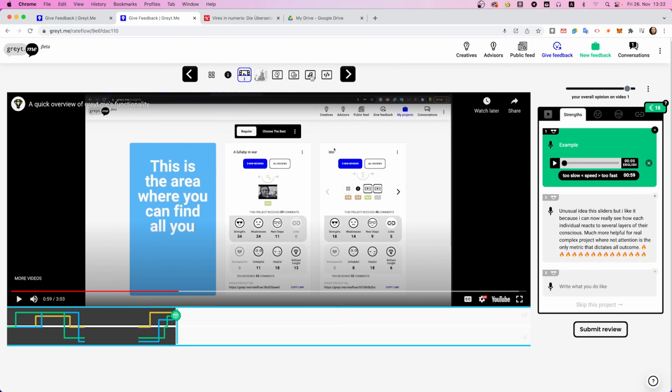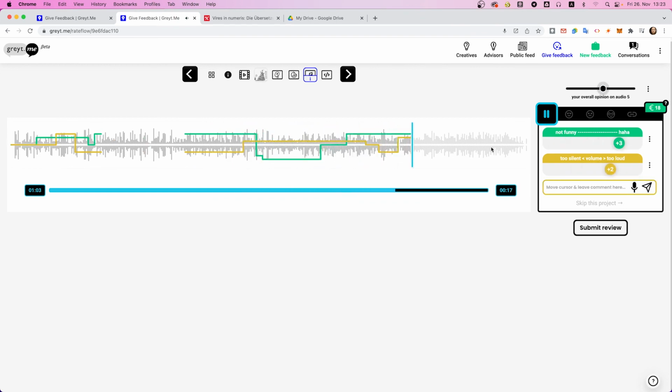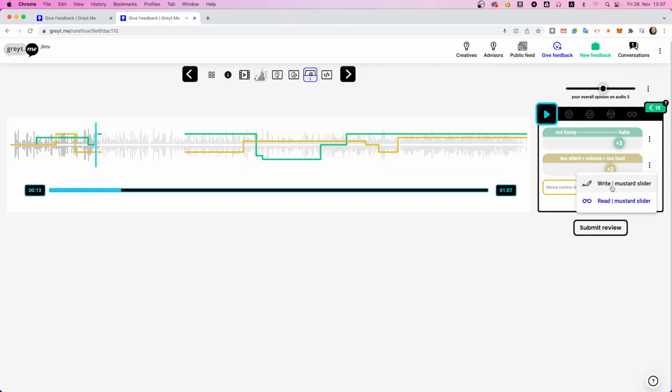A common approach in this sometimes cognitively intense process is first to just rate the sliders while watching or listening to the file, and then afterwards to write the comments. To not overwrite your slider entries, open the menu and select read mode, allowing you to listen again to any particular place without affecting the slider. You can do this also for each slider individually if you, for instance, changed your opinion on one particular slider and want to change that part now quickly.